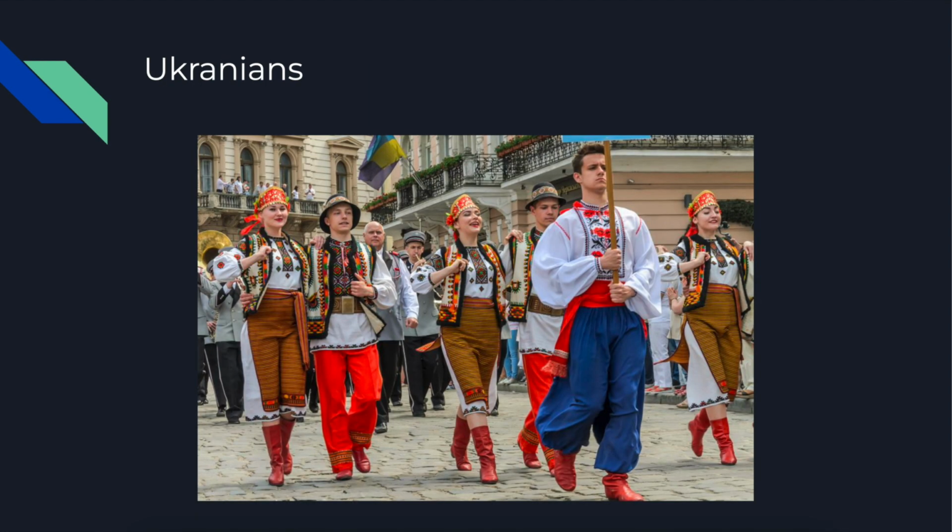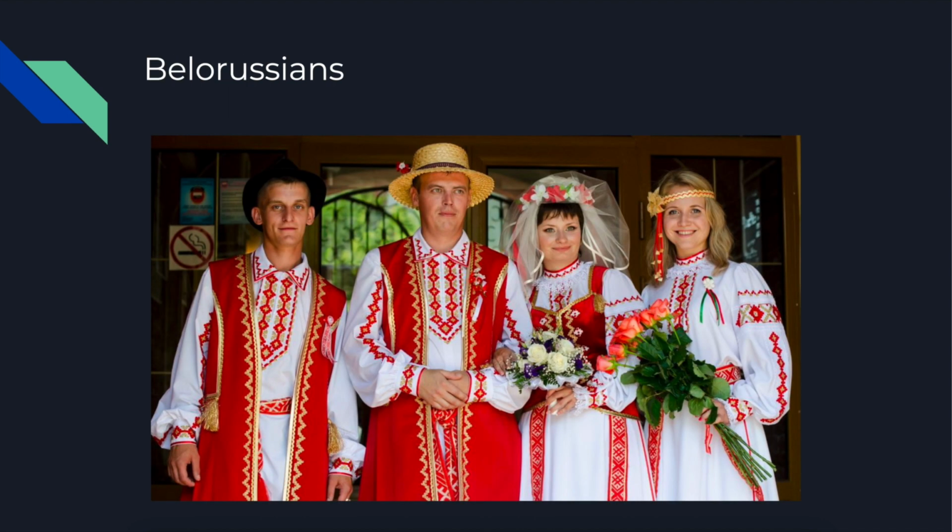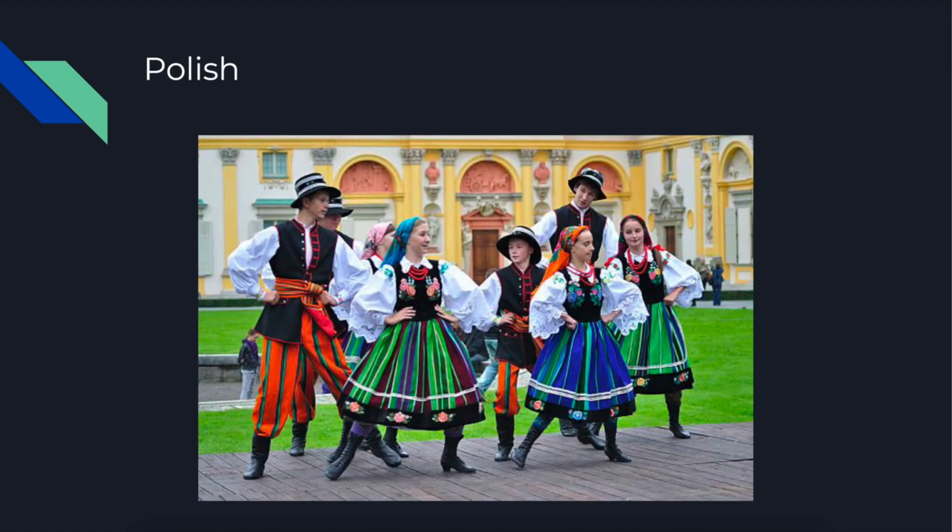Next is Ukrainians. So the Ukrainians originate from the Kievan Rus and number at around 45 million today. Today, 85% of them reside in the Ukraine, with the rest living in Russia and neighboring countries. Next, we got the Belorussians, or White Russians. They number more than 10 million and comprise 80% of the Belarus population. Belorussia was absorbed into the Russian Empire in the 17th and 18th centuries.